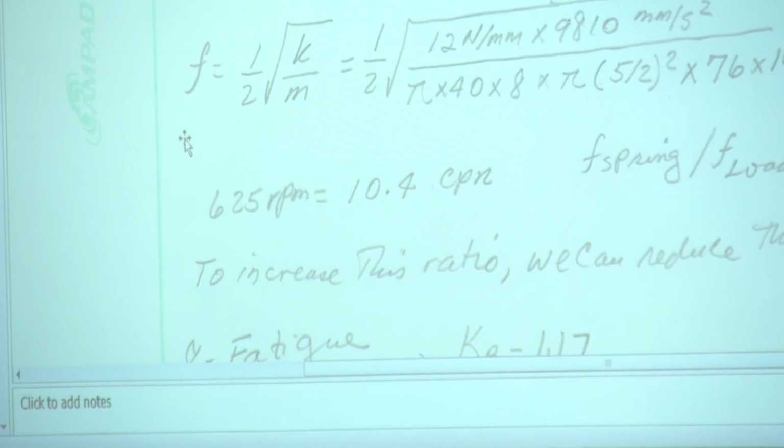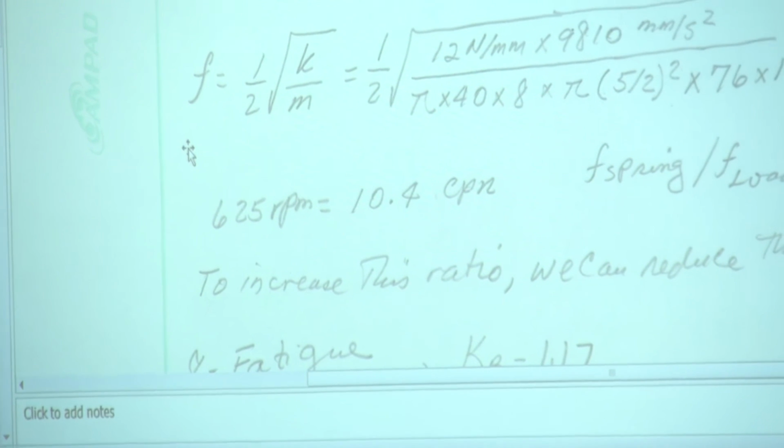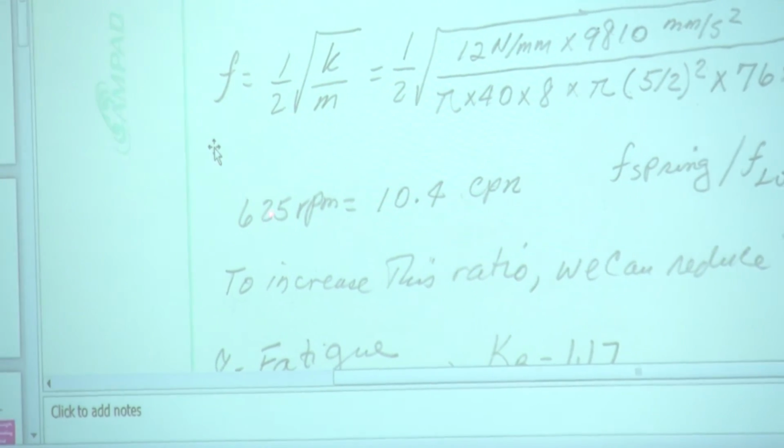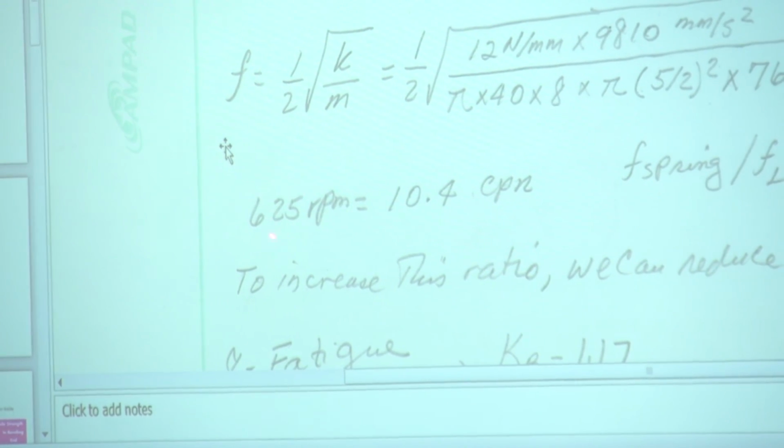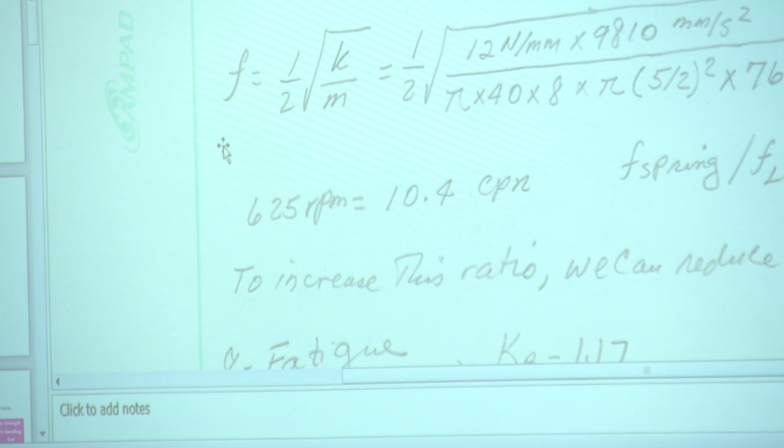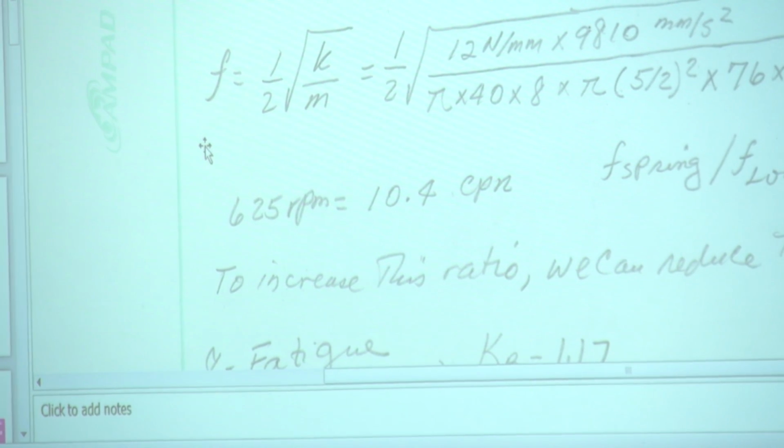Yeah, no, my remark isn't about the CPS, it's that the problem describes the rotation of the shaft at 650. And you calculated the CPS for 625, so I'm wondering. Did we... Oh, is it 650? Yeah. Oh, I thought it was 625. Well, I should read the statement of the problem carefully, shouldn't I? So it is going to be a bigger issue than it is now, because 650 is going to be somewhat larger than 10.4. For example, 10.8.